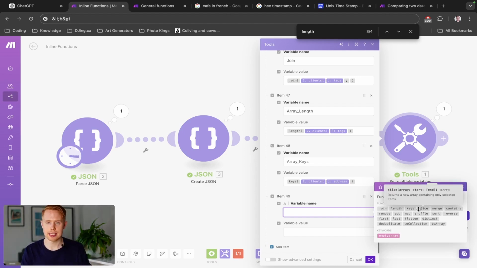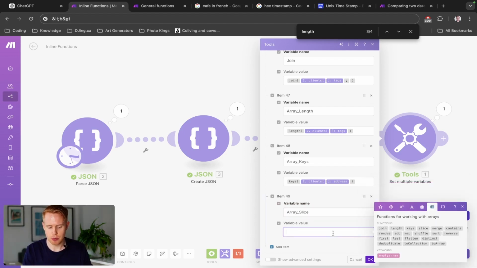So what a slice does is think about an array. You have, let's say, numbers 1 to 5. We're going to call this array slice here. You can essentially remove certain elements of the array. So maybe you only want the first item in the array, maybe you want the last, maybe you want the first 3, maybe you want the first 2. With this, you can put in the array and then the starting point and the ending point that you want